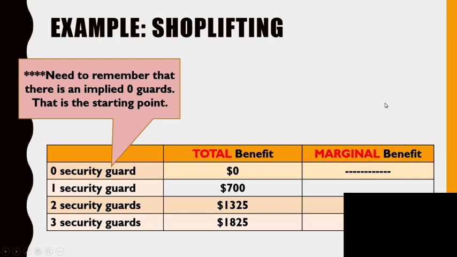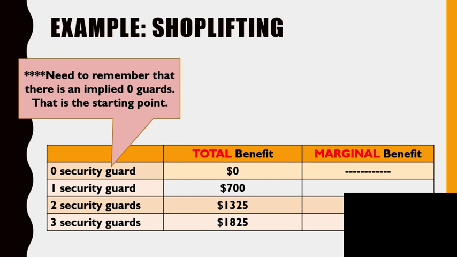Now, I want to point out something very important when you're doing marginal analysis, and that is that there's an implied 0 guards. Our initial margin, our initial status quo is that we have no security guards, but we're thinking about hiring some. So it's important to understand that there's an implied 0 guard. That's our status quo when we're thinking about hiring the first guard. So going from 0 to 1 is our first margin. But that 0 may not always be there. I'm not going to, on a test, give you 0 guards, 0 benefits, okay? You're going to have to remember that there's that